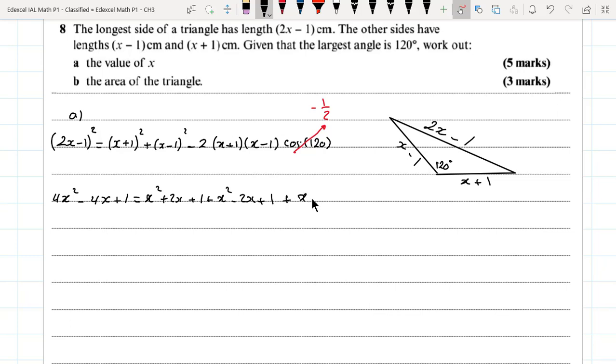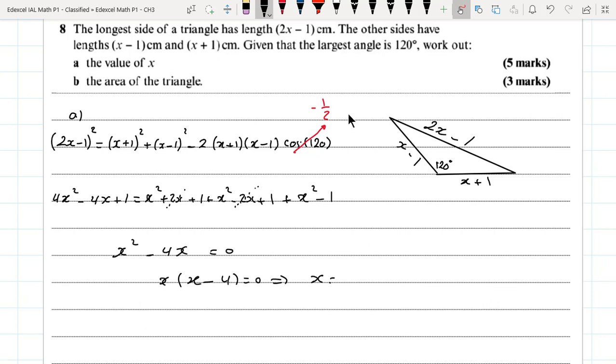X squared minus 1. Okay, we have here x squared plus x squared plus x squared, 3x squared to the other side with negative sign, so that we have 4x squared minus 3x squared, just 1x squared. And then we have here 2x can be cancelled with negative 2x, so we have minus 4x here. And finally 1 plus 1 minus 1, we just have 1 minus, okay, equals 0. So taking x as a common factor, we have here x minus 4 is equal to 0,